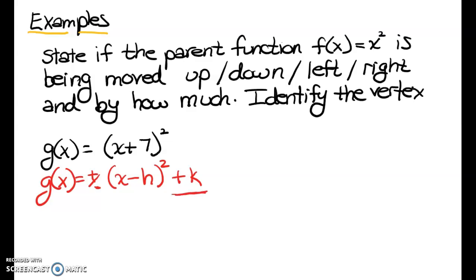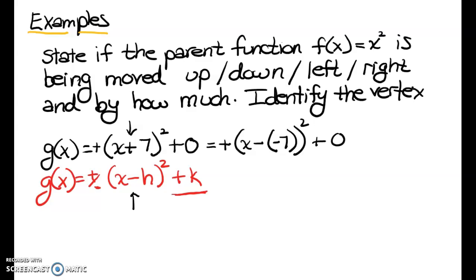I don't have a k value, so I'm going to add the plus 0. I also don't have a sign, so I'm going to add the plus sign to it. And I'm supposed to have a negative h, but I have a positive h. So I'm going to rewrite this plus as a minus